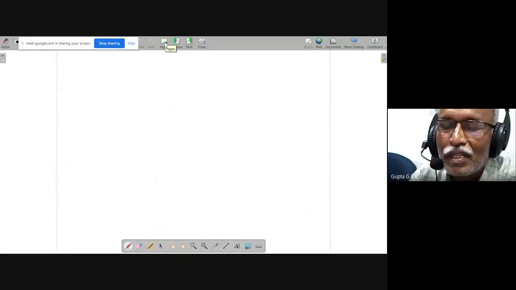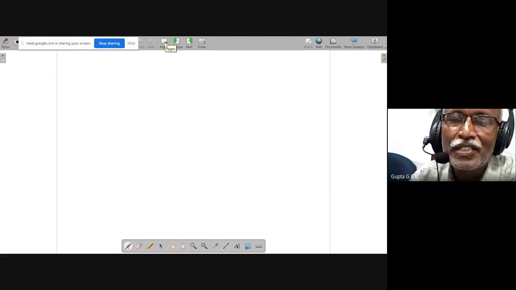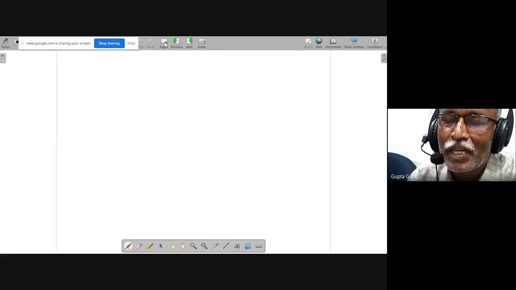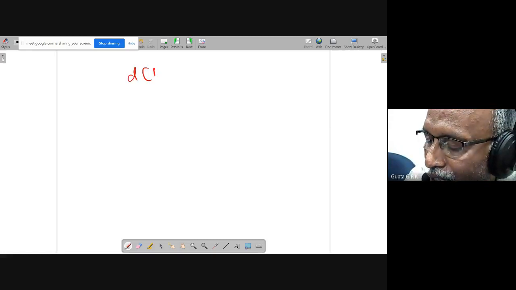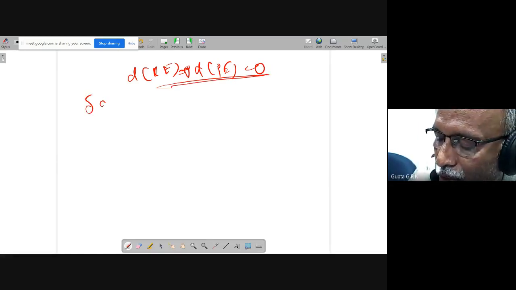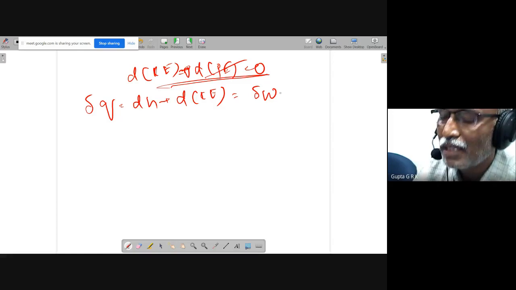So I told you about the perfect gas assumption. I relaxed it, and isentropic compression and isentropic expansion. I have introduced efficiencies, and isobaric combustion and isobaric heat loss. Now pressure losses are added. Another thing we have assumed is d of KE is equal to 0 and d of PE is equal to 0. We have delta Q equal to dH plus d of KE, and d of PE definitely is 0, plus delta W. Like this we have written.